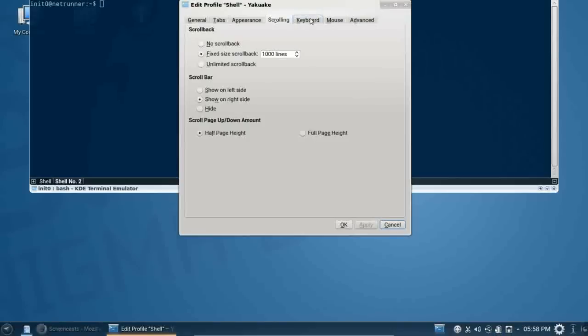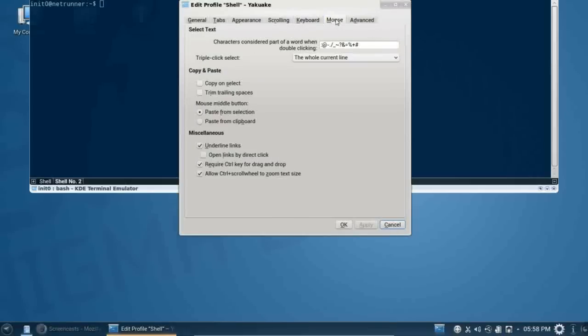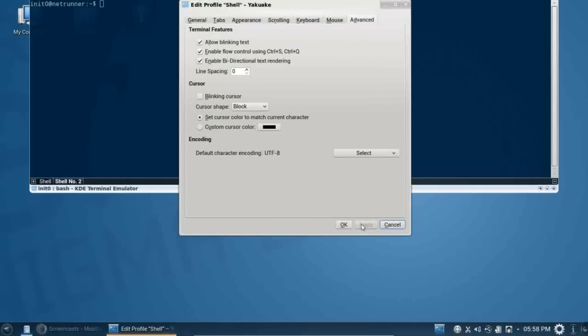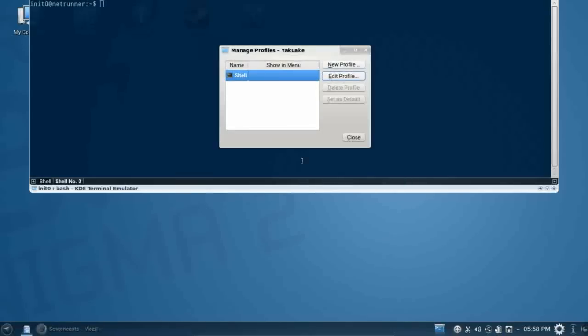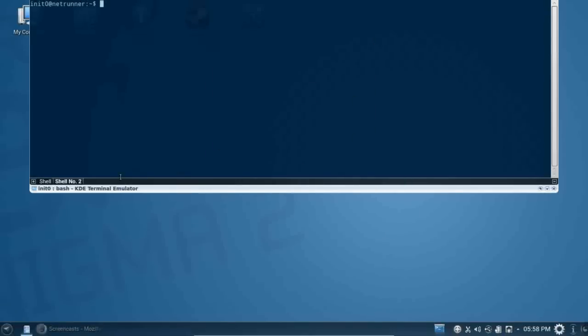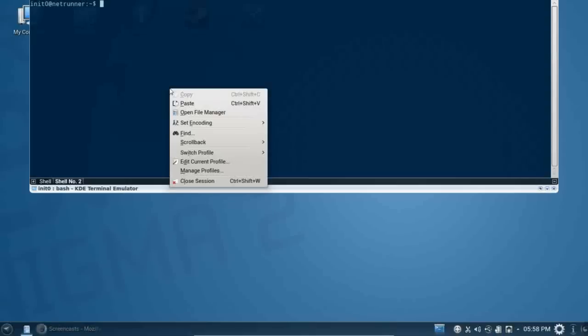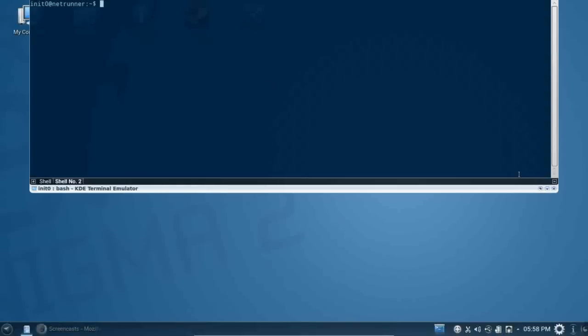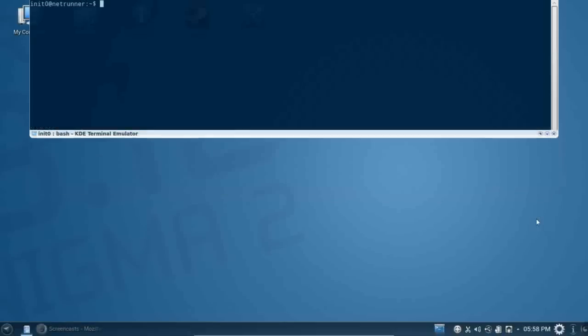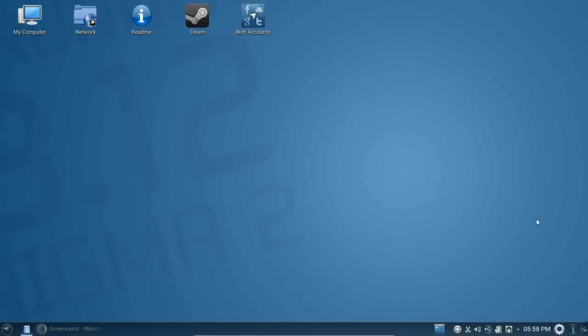So if you wanted to change the way it looks, you can do that. You can change the scrolling. Fixed scroll back size is the default. You can scroll back 1,000 lines, or you can switch it to unlimited or none if you want. Keyboard, mouse options, and some advanced options there. So yeah, it's a very nice advanced emulator. You can even split them if you want. So it's just a really nice emulator. I'm glad to see that they included it. You don't see it that often. You used to see it a lot more, but it looks like it's making a bit of a comeback